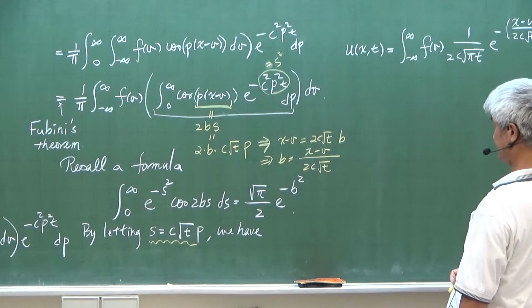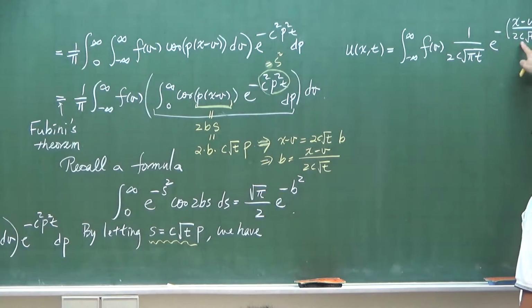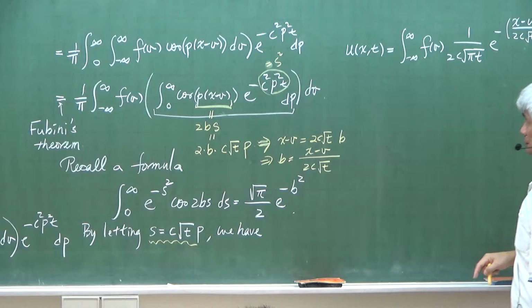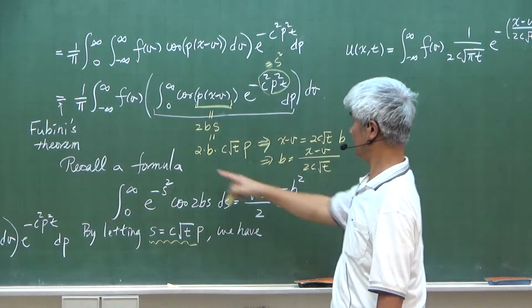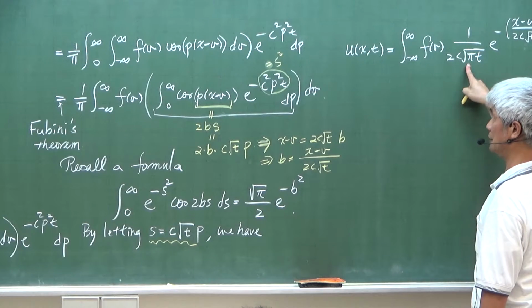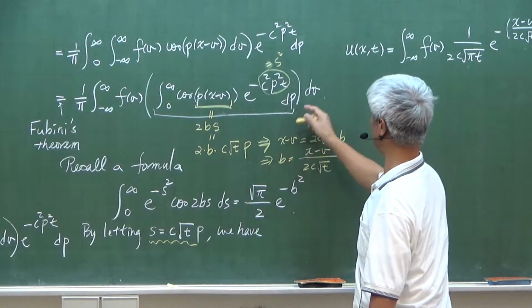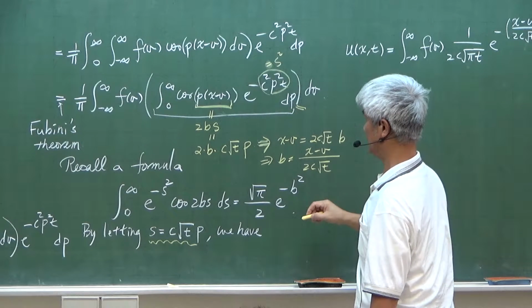Okay. And so this move to here. And the square root pi, so we have square root pi here. Okay. And the dp, here dp, this is equal to